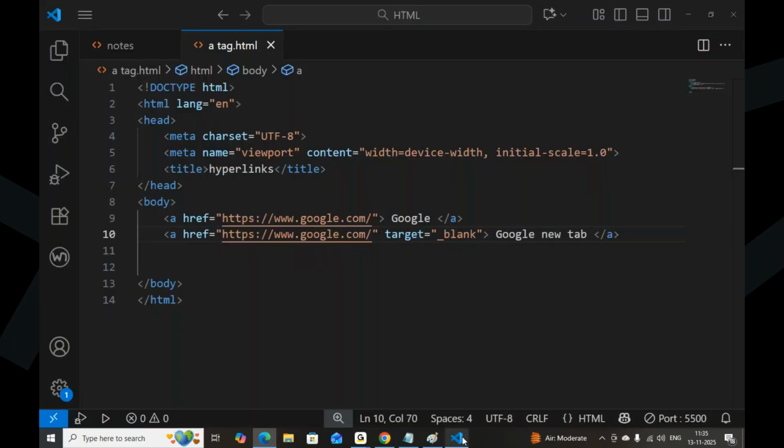These are inline elements, so they come side by side. Just break it. One is Google, one is Google with a new tab. If I click on Google, it will open in the same tab. If I click on Google new tab, it will automatically take a new tab for Google.